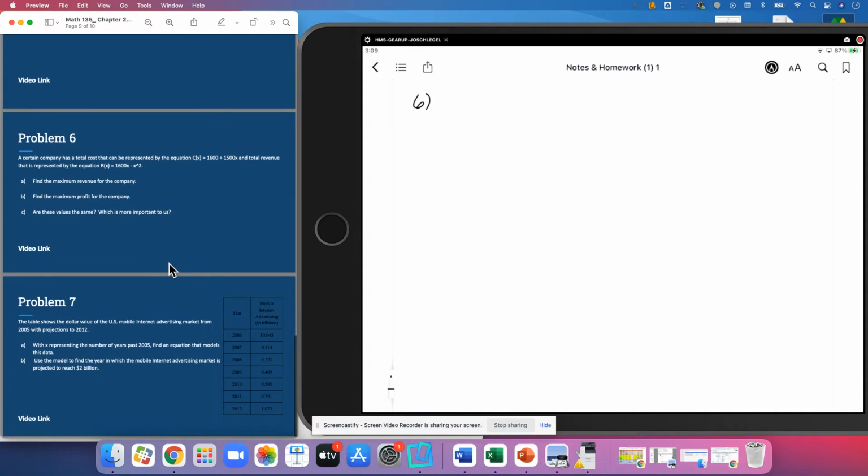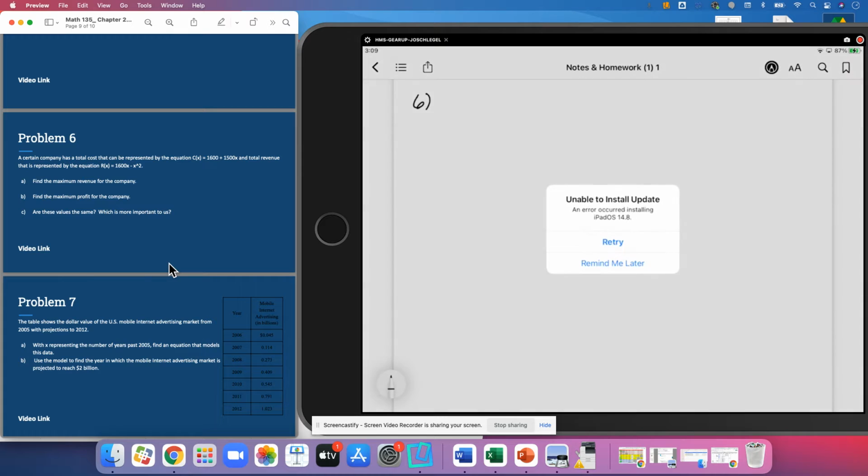So number 6 is up, and the company has a total cost that can be represented by that equation, and a total revenue that can be represented by that equation. We're asked to find the maximum revenue for the company, and find the maximum profit for the company, and decide which one of these we care about more. So that being said, everyone, we are asked to find the maximum revenue, so we are going to put in